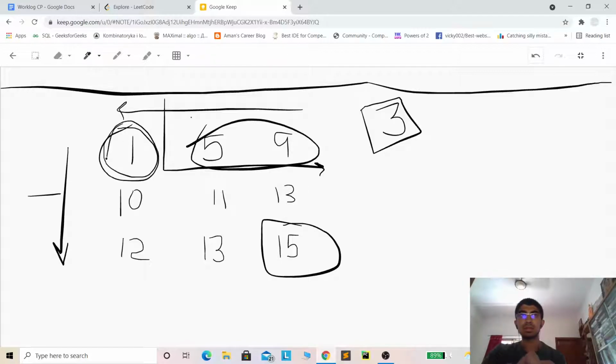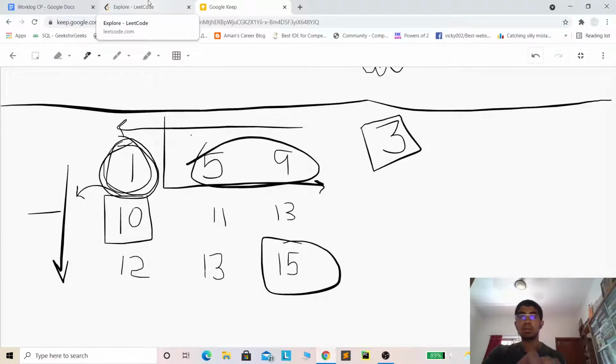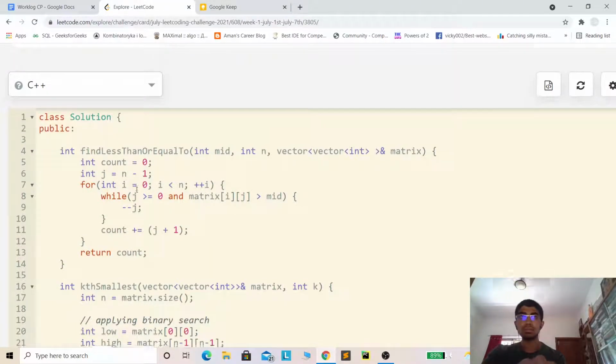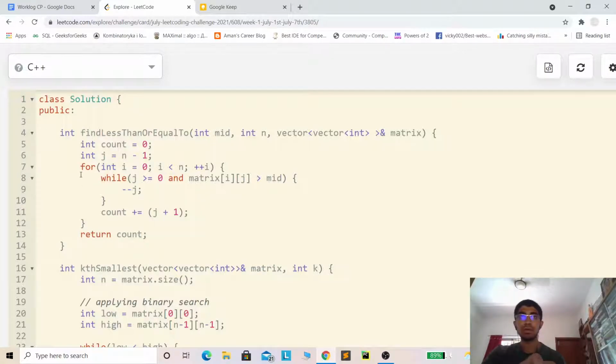So we had left in this first column, so we start from the first column again for 10, and over here 10 again is greater than 3, so we go to the left again, and we have exhausted all the columns, and for the next row we don't check for any column. So that is how we can reduce the time complexity from O of n square to O of n. We iterate through all the rows, but combining all the rows we have iterated through all the columns only once. So the time complexity of this function is O of n.